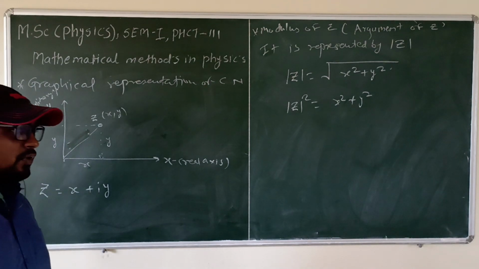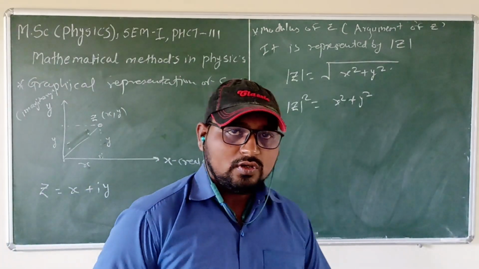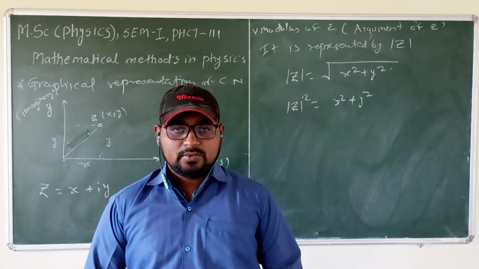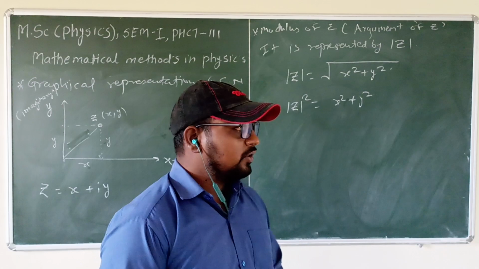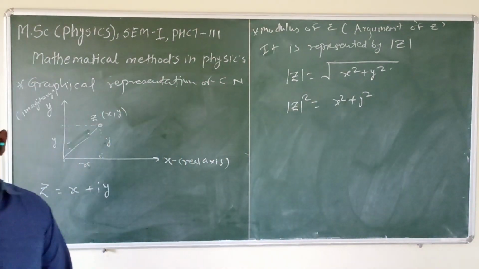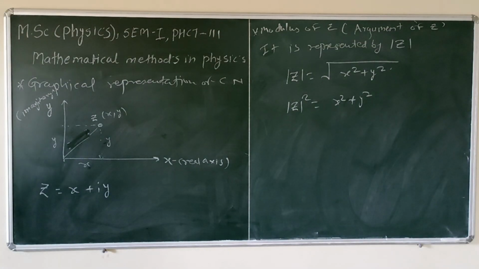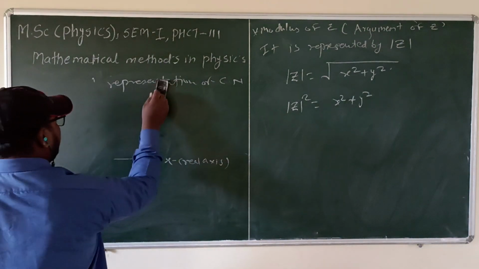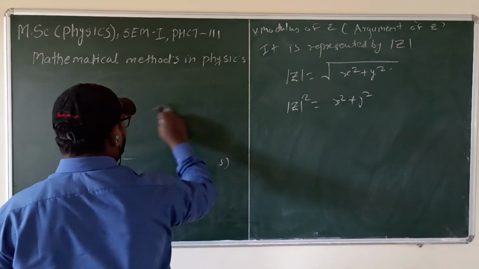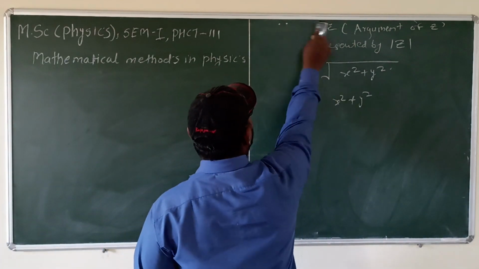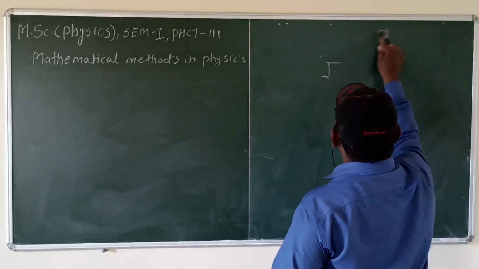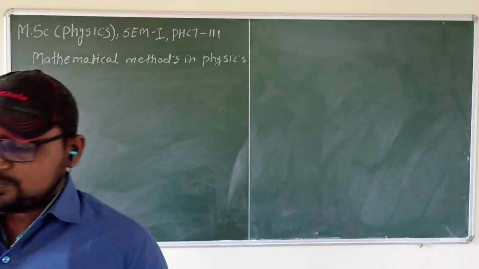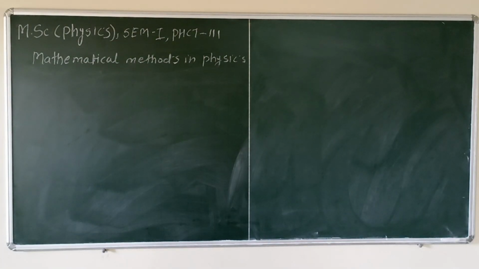There are many algebraic properties like commutative law, associative law, distributive law, identity, and multiplicative inverse. This we are going to study point by point. Okay. So next is basic algebraic properties of complex number. Examples on these points we are going to take in next lecture.